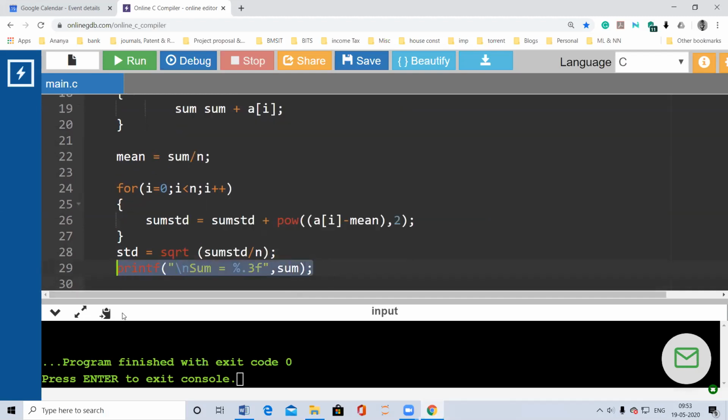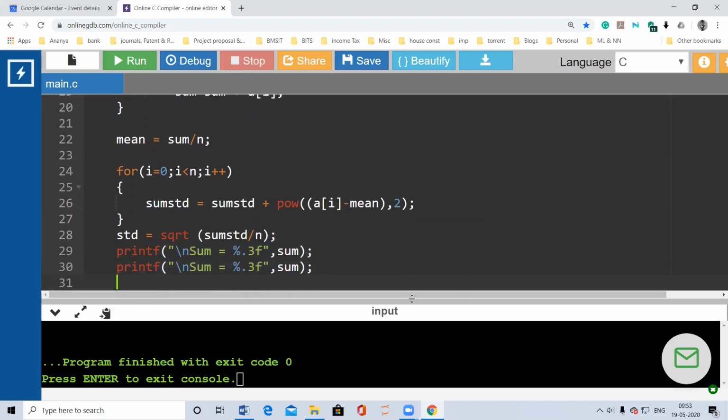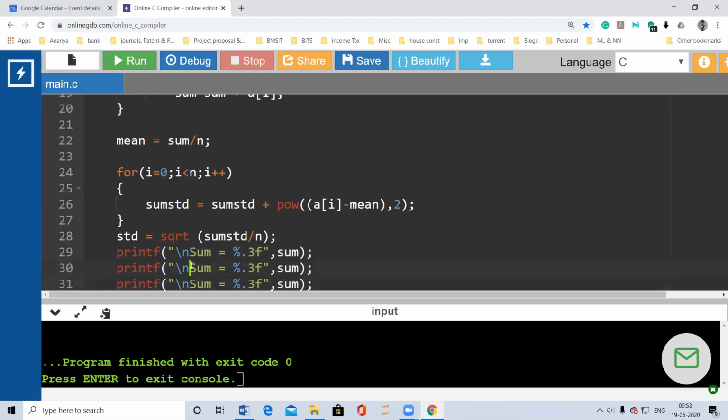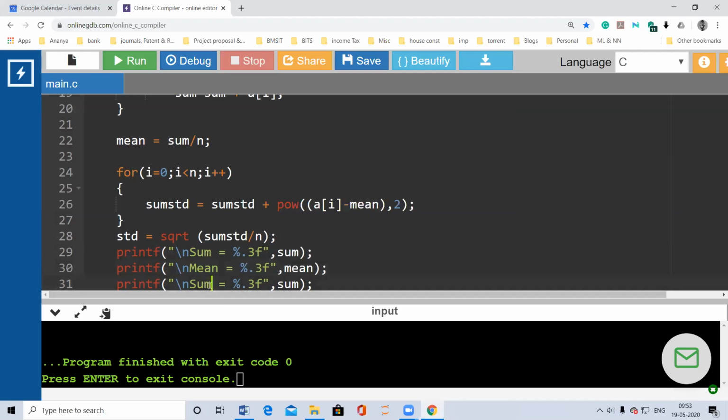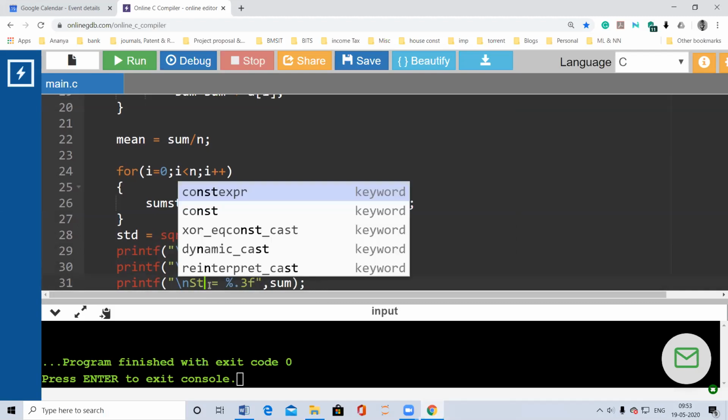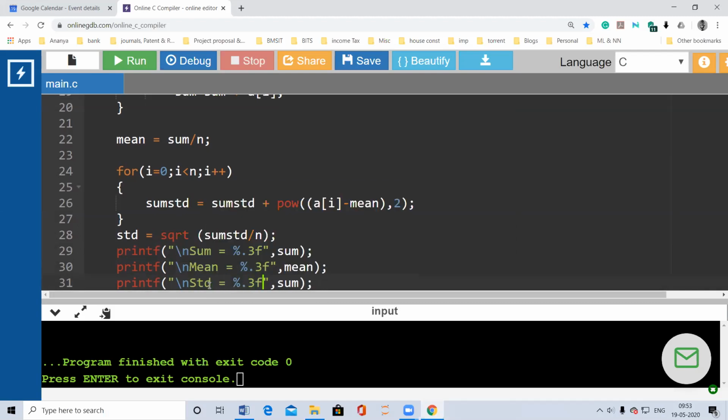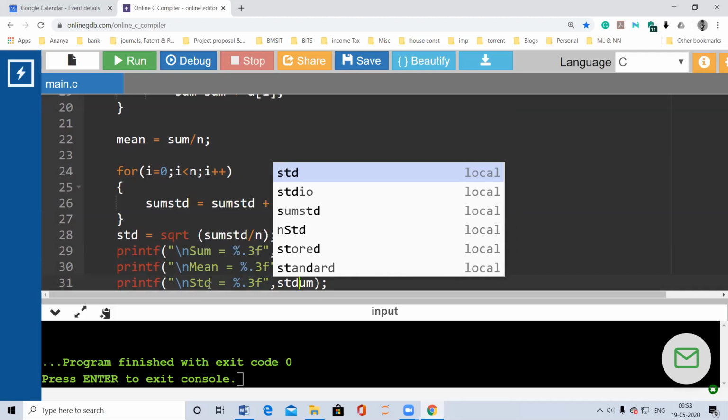Similarly, I'll print the other two values also. What are those? The next one would be mean. Here I will say it is mean, and finally it is the standard deviation, here I'll say STD.